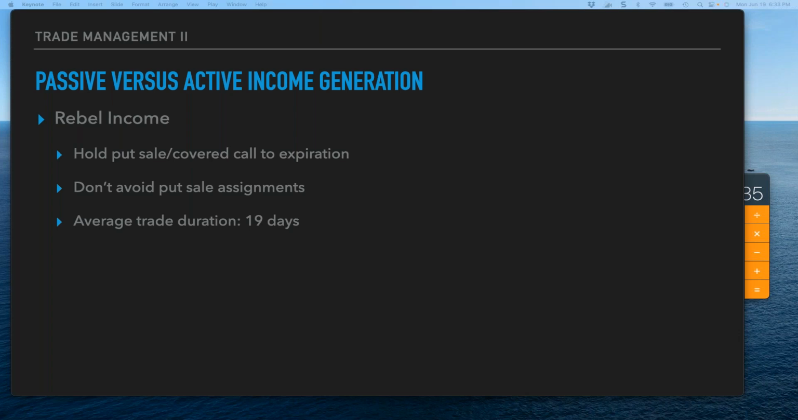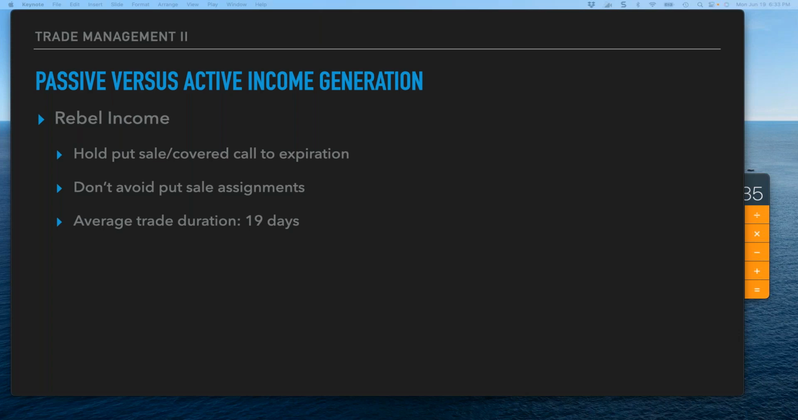If I'm assigned the stock from the put sell, I'll go ahead and accept that assignment. If I am called out of a covered call, then I'm going to be okay with that. I don't avoid put sell assignments, and the average trade duration, as I demonstrated, is a little over 19 days in these trades. I call this passive, not necessarily because I'm not paying attention, because I do pay attention to these trades on a daily basis, but I am not trying to actively manage each put selling trade position